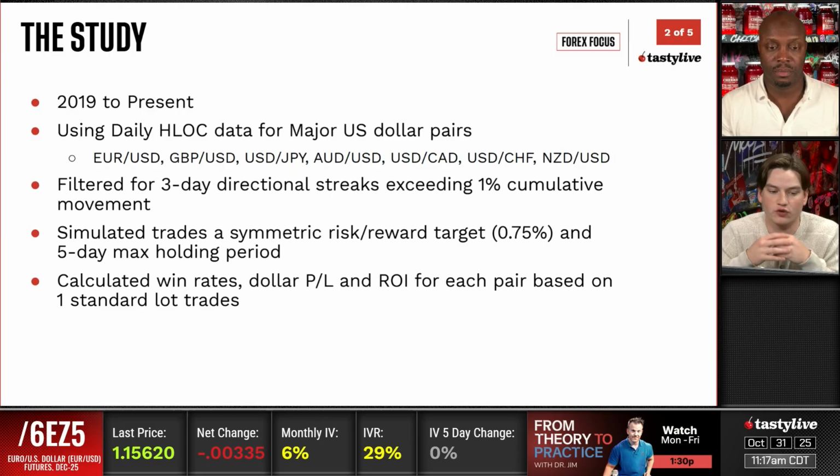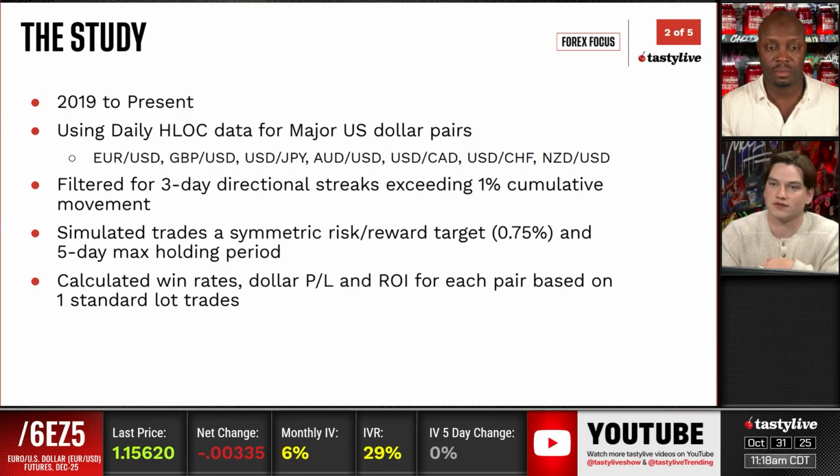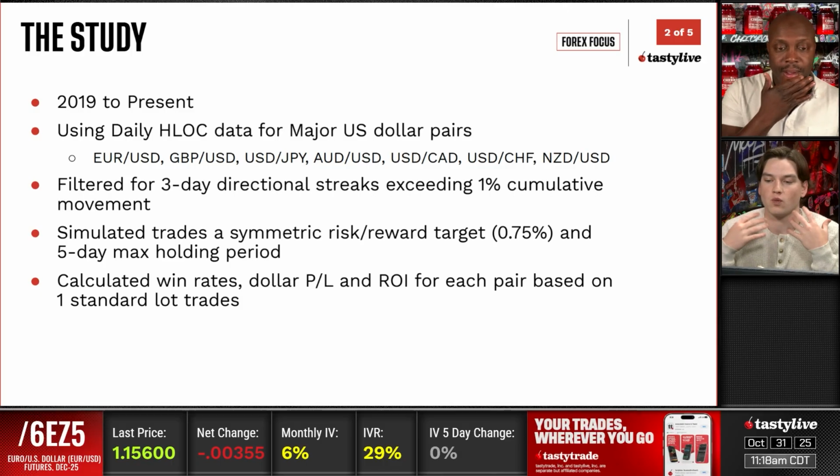But I looked at 3-day directional streaks. So this I could have done only for dollar up days, but decided to keep it a little more robust. And this is inclusive of if the dollar swings higher 3 days in a row, or if the dollar depreciates 3 days in a row, which we've seen a lot more often this year. And also filtering for the volatility environment a little bit by requiring these 3-day directional streaks to exceed 1% total